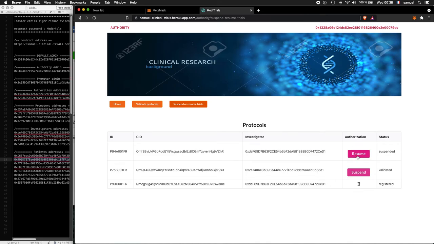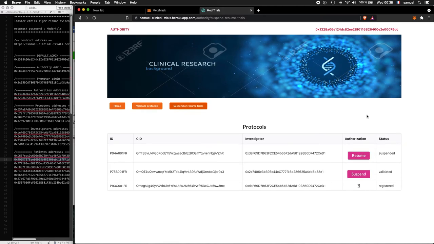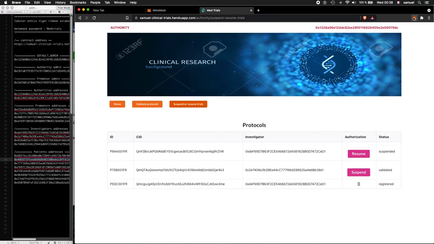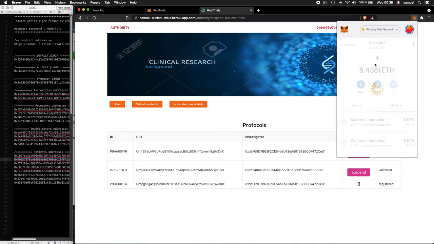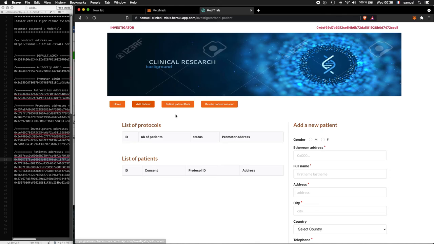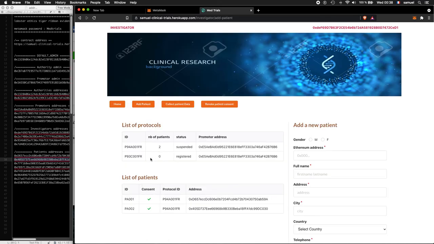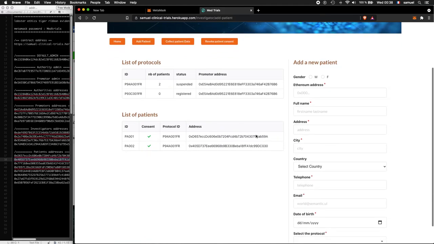So let's now leave it like this and go back to the investigator page and try to register a new patient to this protocol.